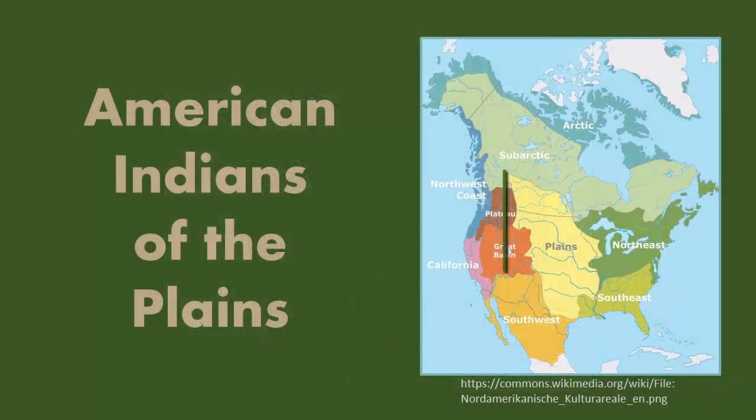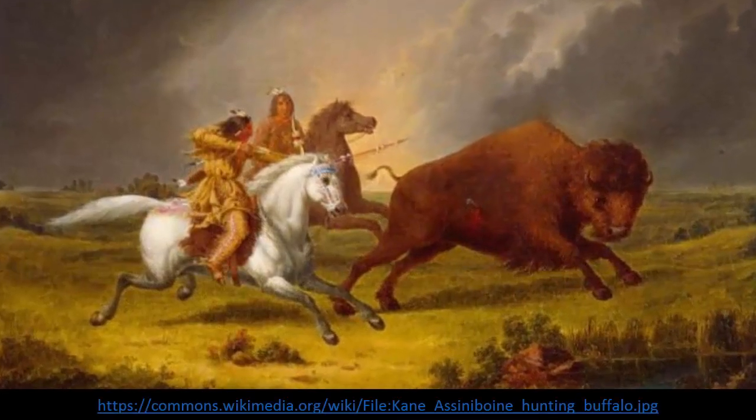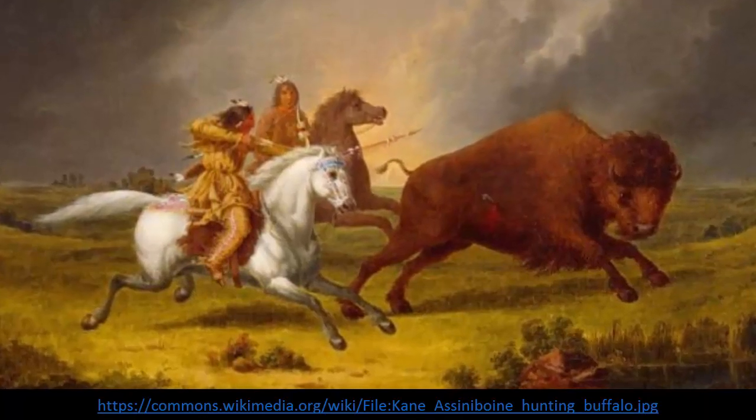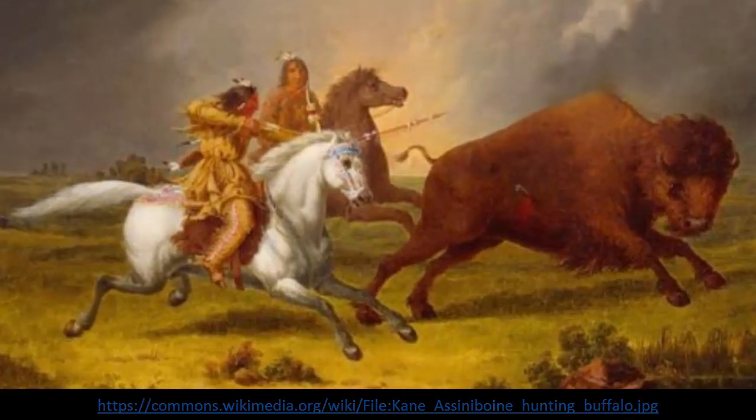Now we will explore the Plains region and the American Indian groups that lived there. The Plains region stretches all the way from present-day Canada to present-day Texas. Among the best known of the tribes found in this region were the Pawnee, the Sioux, the Crow, and the Cheyenne. Similar to the Southeast and Northeast Indians, the Plains Indians primarily grew corn, beans, and squash, and hunted and fished. When horses were introduced in the area by Spanish settlers, following the movements of buffalo became easier, making buffalo a more reliable food source.